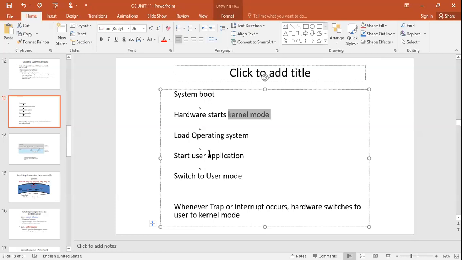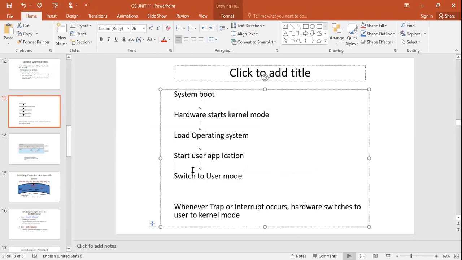After that, you are supposed to close it. Closing is also an instruction. Like that, a set of operations go on internally. But these operations are not visible to the user. Right? So whenever it switches to user mode, then only you are able to start typing or doing something.